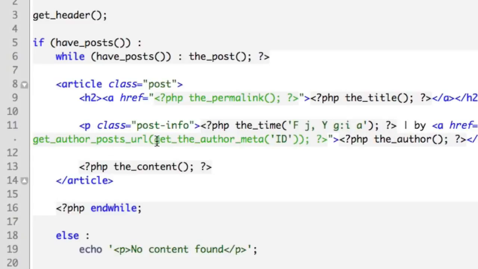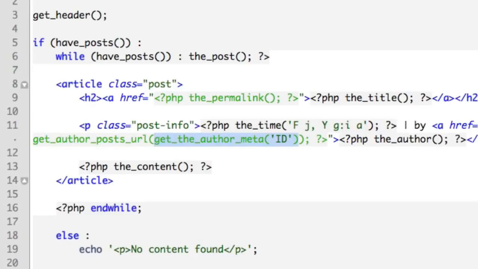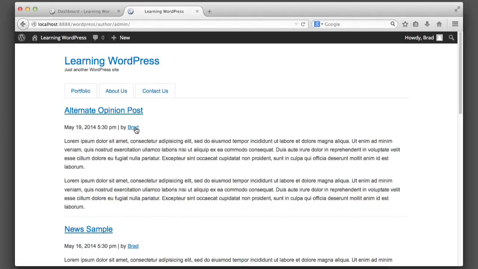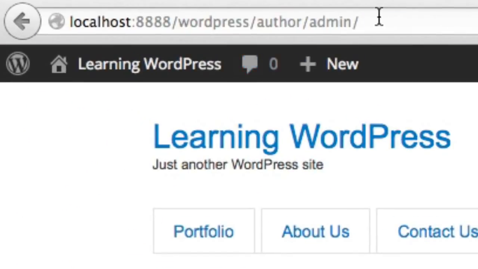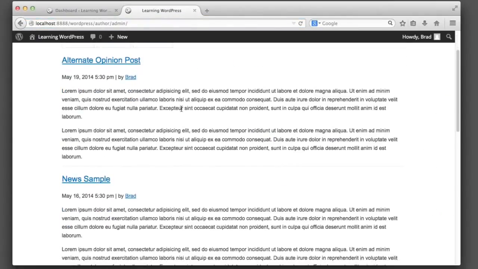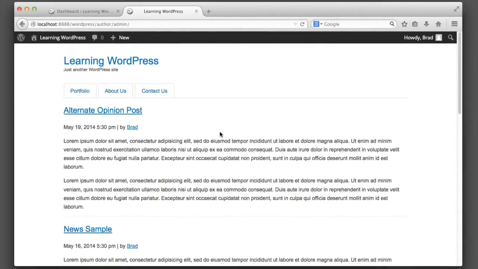So now, once we pass along, and remove this for just a second, we want to pass along an ID number into this function, get author post URL, so it knows which URL to get. So I'll paste that back in. So now if we refresh, we can see that the name is a link, and if you click it, it takes you, in the URL bar, you can see that it takes you to the name of the site / author / their username. So then you will only see posts by that author,